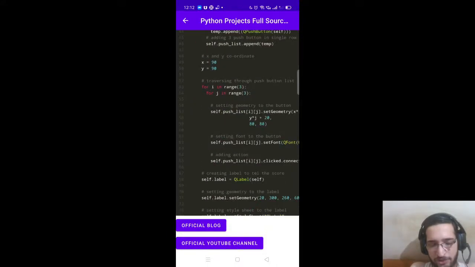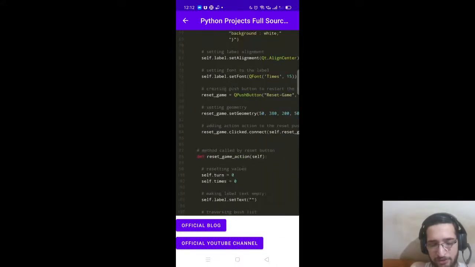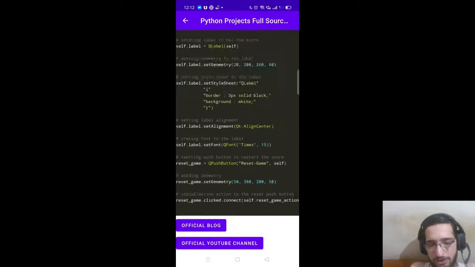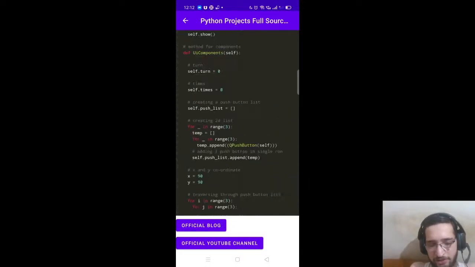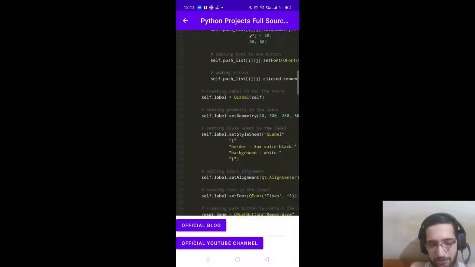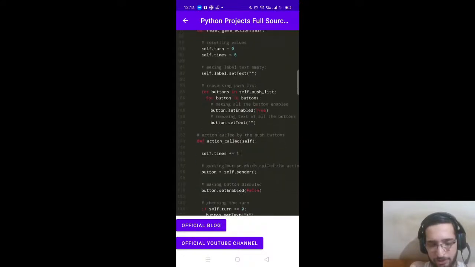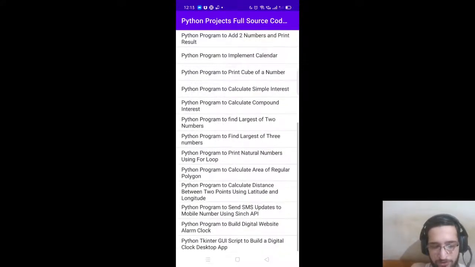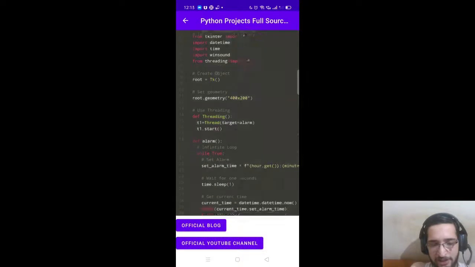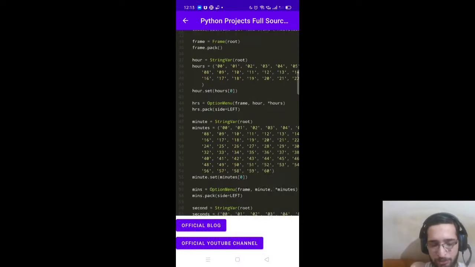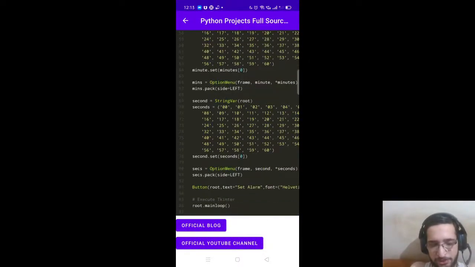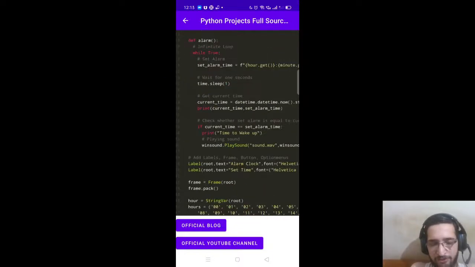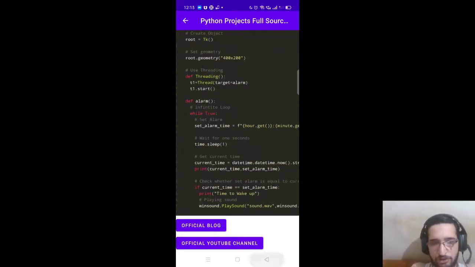Make sure that you check out this app and rate this app accordingly, and write a detailed review as well so that my app can rank on Play Store. You can see various programs will be there. I will be adding some more programs, up to 1,000 programs inside this app. So this will be a good reference for Python programs if you want.